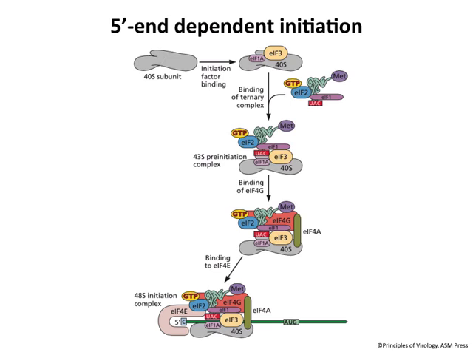40S binds 3, 3 binds G, and G binds E, and E binds the cap. And this series of reactions is shown above here. But the essential point is that to get the 40S to the RNA, the cap is needed. There are other proteins here that are important as well. You see there's what's called a ternary complex, which consists of the initiator tRNA, which is a methionine tRNA, and a protein called EIF2, which we will talk about later, because this is a key point of regulation. And of course, the initiator is needed to start translation at that first AUG.